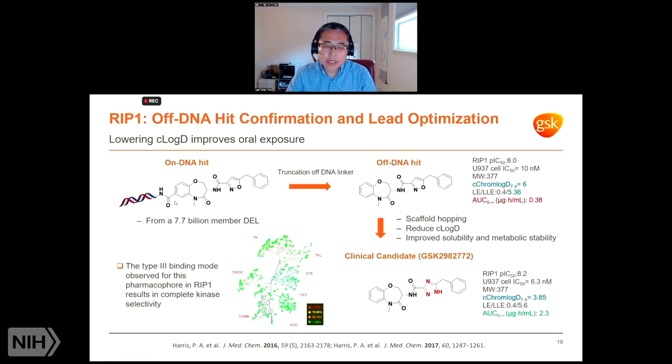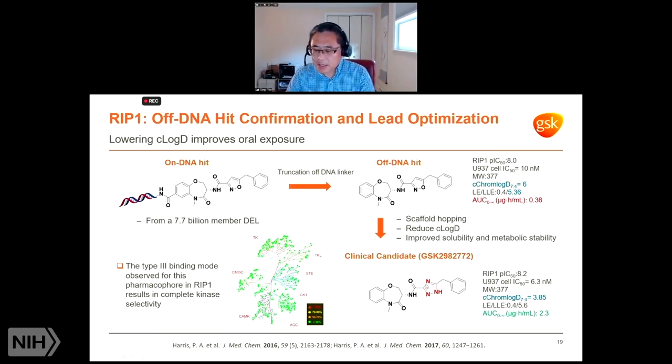By truncation of the DNA linker part, we identified this compound on the right, which shows very good potency. However, it has a low oral bioavailability, presumably because of the metabolic liability of this oxazoline. So by doing a scaffold hopping,